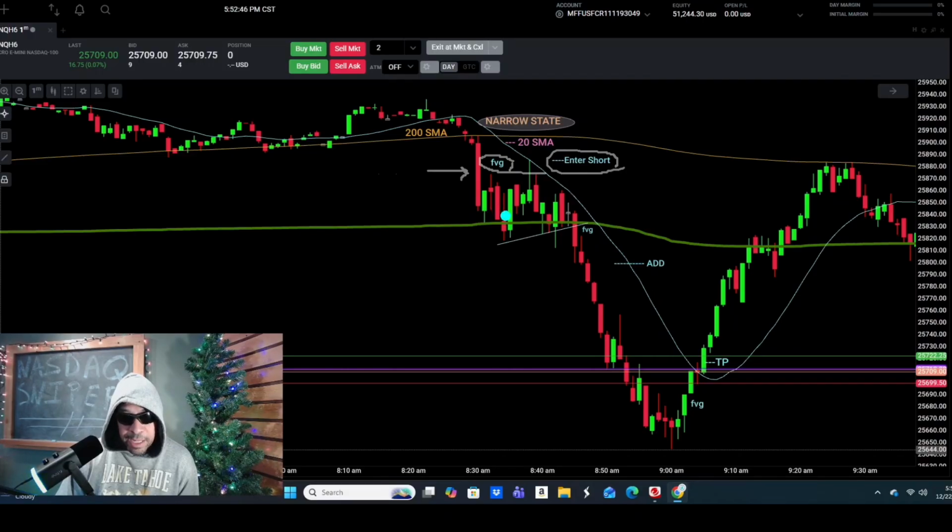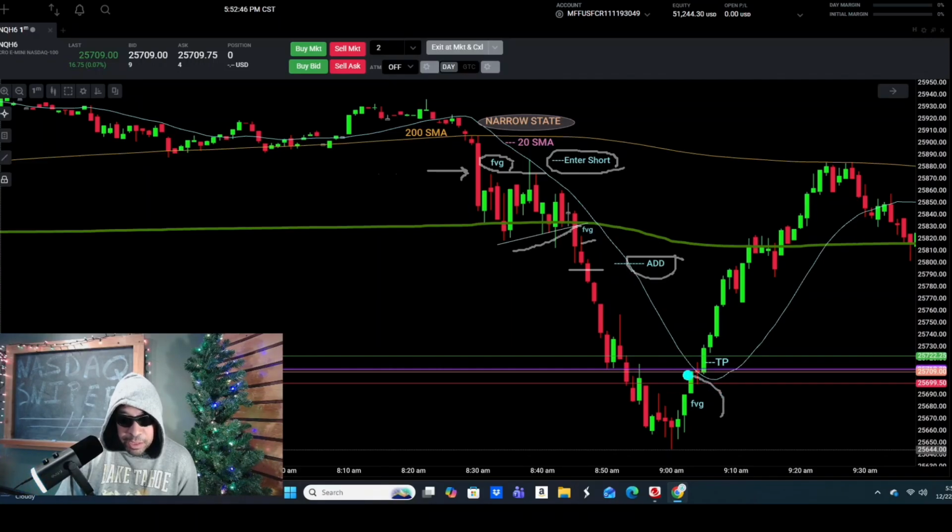You do not need to exit the trade. You don't need to do anything in this. You just sit back and wait. Once we get this bear flag break, there's a new fair value gap right here made. So I'm not going to add until I see another fair value gap. That tells me that we have more momentum. And now once this bar closes right here, you add,